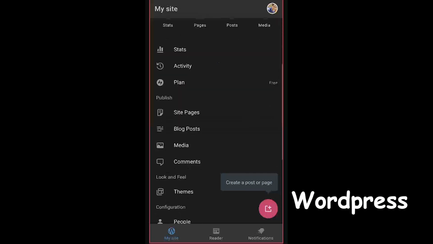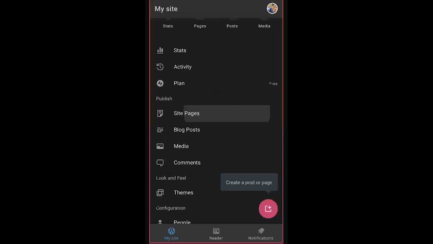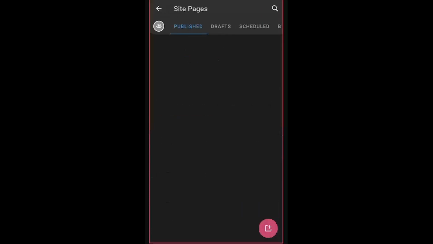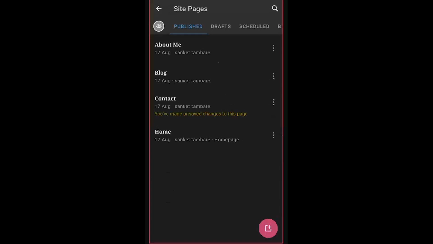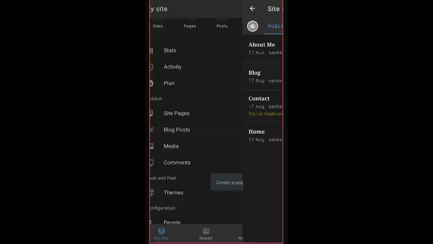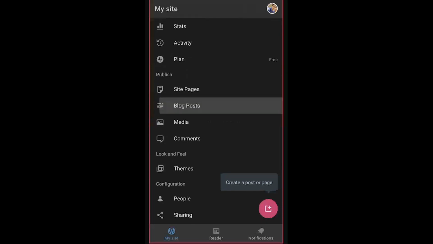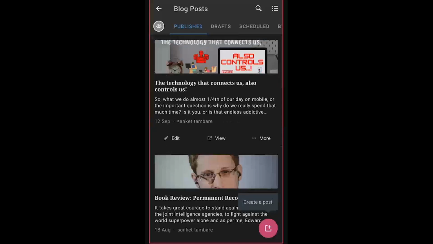So to know more, it's a little bit complex, but when you host a site on WordPress, you can customize your own blogs or your own home pages. So that's it. There is everything that you see. Here is an option for blog posts. The one that you see in Blogger was available there itself, in the blog directly. But here you get an option for blog posts to know about it.